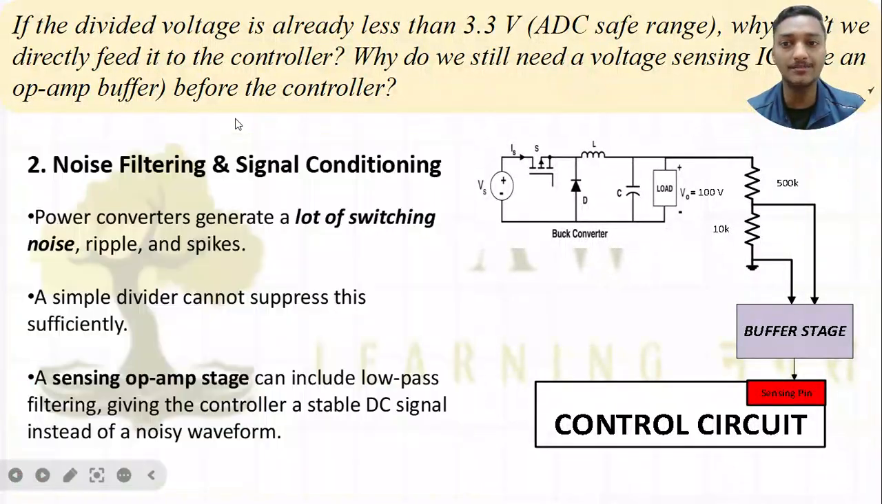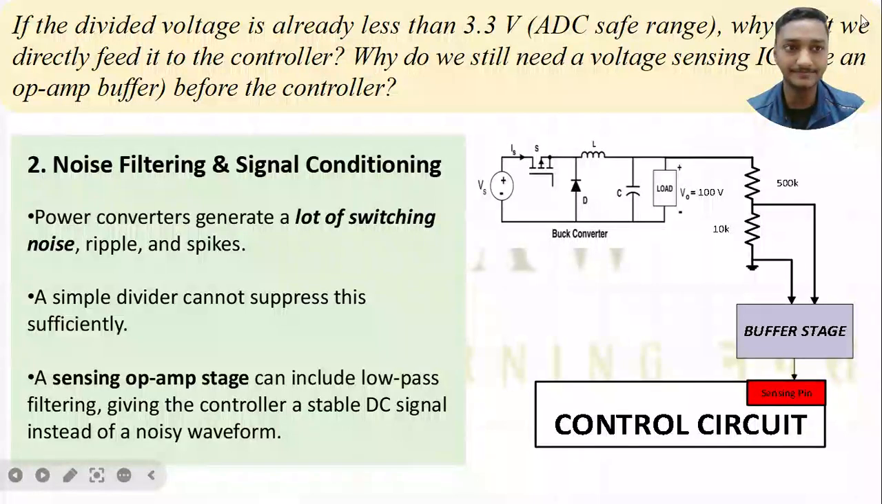Now we will move to the next reason. What is the second reason? The second reason is noise filtering and signal conditioning. What does this mean? The power converter generates a lot of switching noise, ripple and spikes. A simple divider cannot separate this efficiently. If we directly use this voltage divider, it is not capable of suppressing all these switching noises, ripple and spikes. So a sensing op-amp stage can include a low-pass filter, giving the controller a stable DC signal